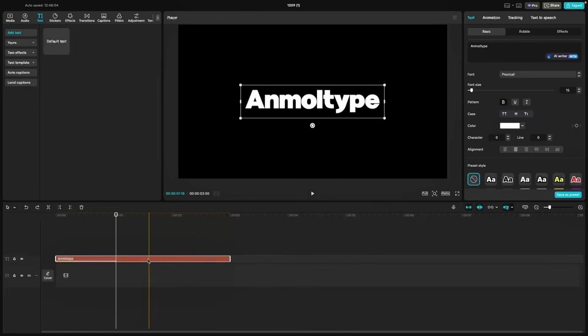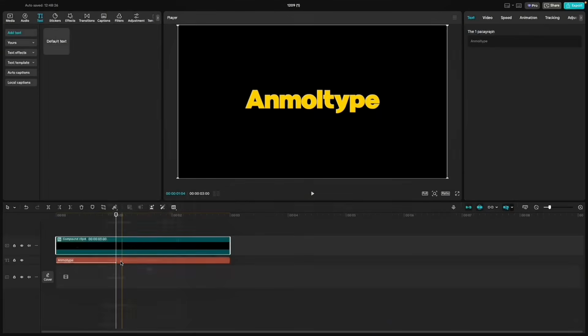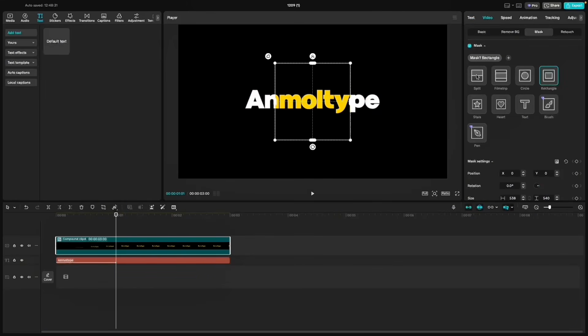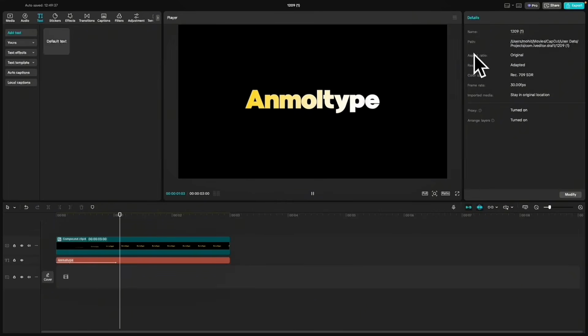Then go over the timeline and duplicate the text like this and change the color of the text. Then make it compound clip and go to the video, go to the mask and select here add mask. Select the split mask and increase the feather a little bit and you can adjust it accordingly like this. And here you can see your 2 text color gradient effect is ready, and you can also make it 3